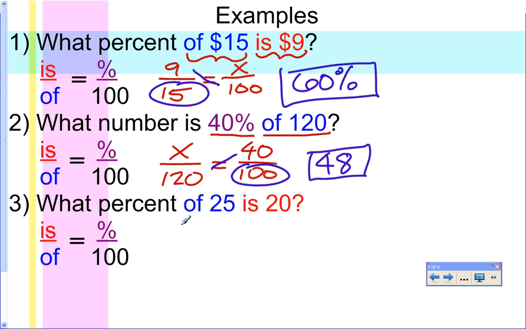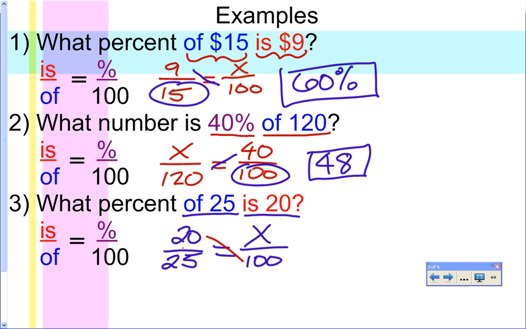Moving on to example number 3. What percent of 25 is 20? So again, looking for our keywords, we have of 25 is 20. Hopefully by now you're yelling at the screen, Mr. Bywater. The of 25 goes in the of spot, and the is 20 goes in the is spot. And we're trying to find percent. CMD, cross multiply, divide. 20 times 100 divided by 25